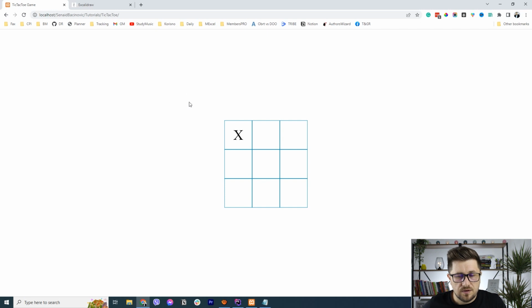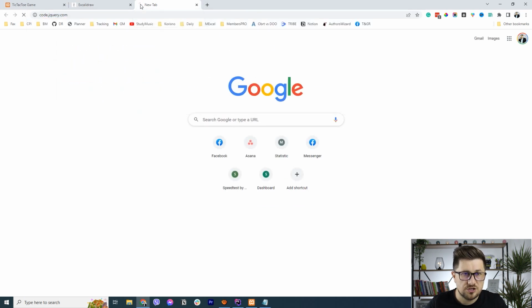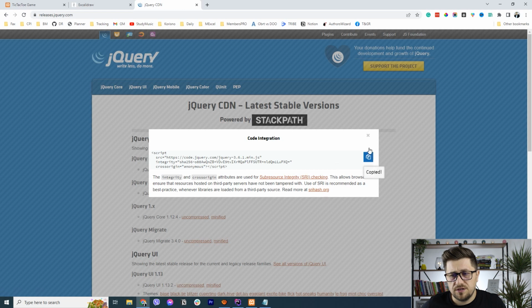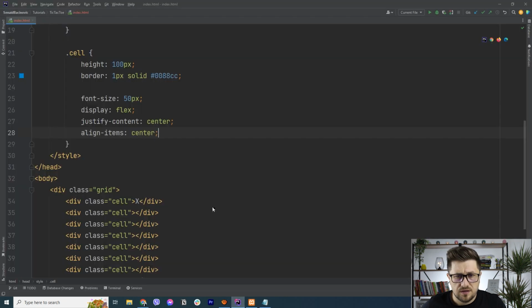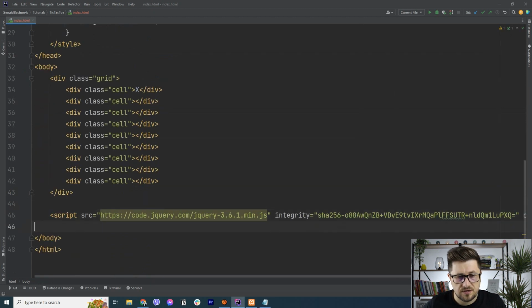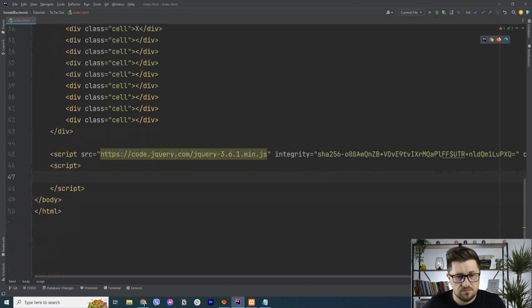Okay, so now we need to write the functionality so that each time when we click somewhere here, we are actually going to have a different X or O. So I'm going to use jQuery. You can do it definitely in plain JavaScript or vanilla JavaScript, but I usually use jQuery for most of the things because it's just so much faster to write. And yeah, so on the document ready,